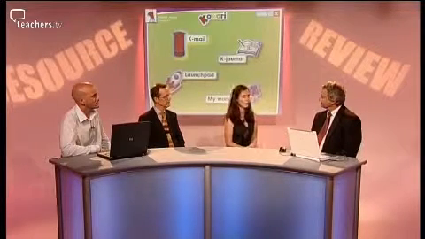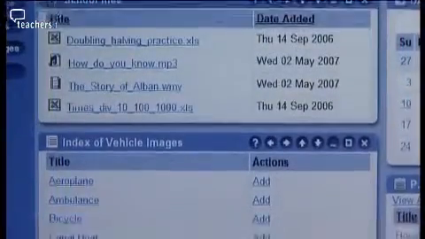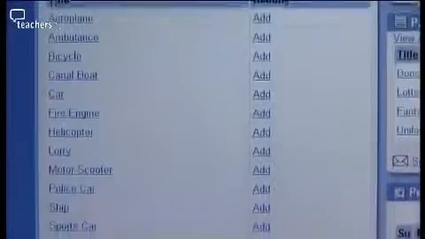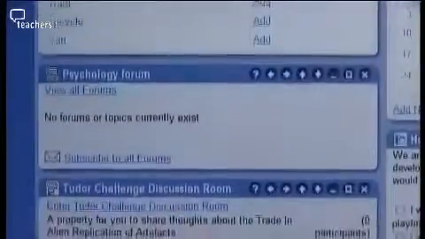Roger, it's time now to move on to the second learning platform that we're looking at today, the NetMedia Learning Platform. Tell us a bit about this one. This is a more complex kind of learning platform. It contains the various kinds of functionality that you would find in most learning platforms. It's provided as a centrally hosted system, so quite often it is provided through the region or through the local authority. So a primary school can start to use certain elements of this.